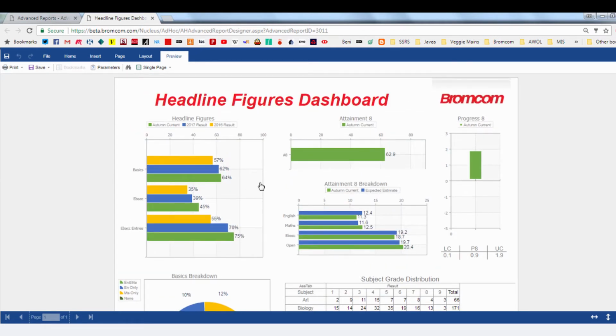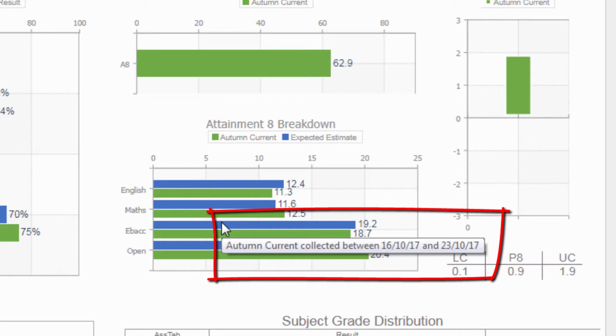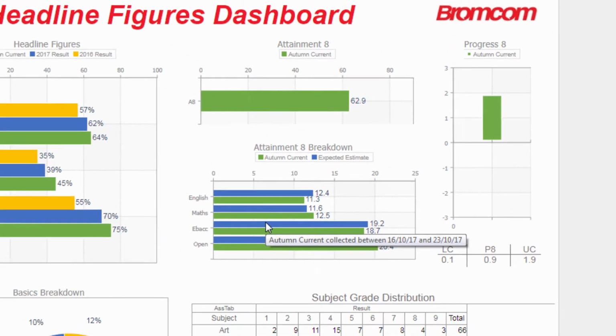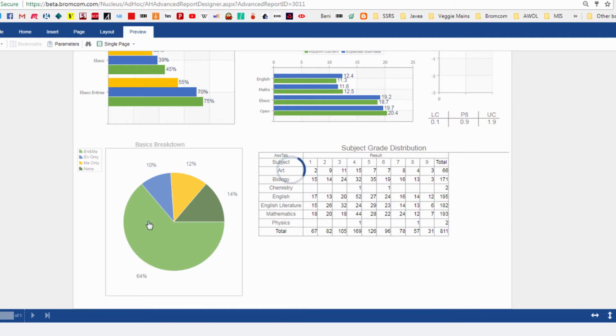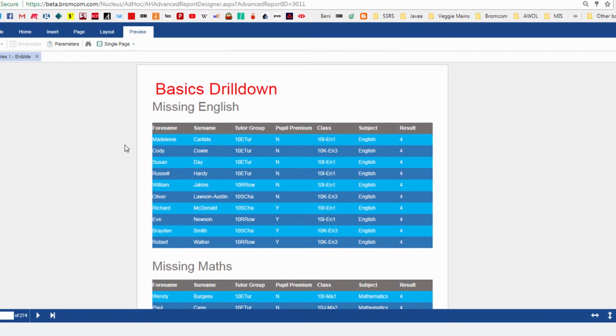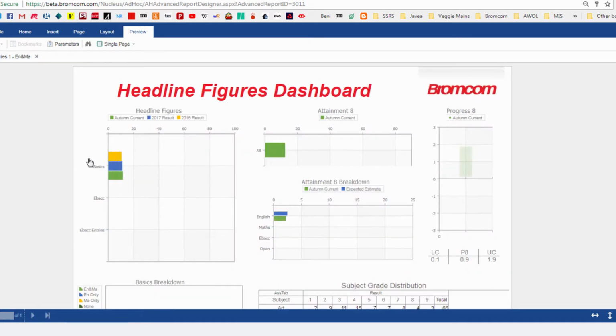On our headline figures dashboard, hovering over the Attainment 8 breakdown tells you the date range in which the results are collected. Clicking the Basics breakdown chart takes you to a drill down report showing the names and classes of students who are below 5 in English and Maths. The headline figures bar graph links to the Analysis module, where you can see a detailed breakdown of the grade